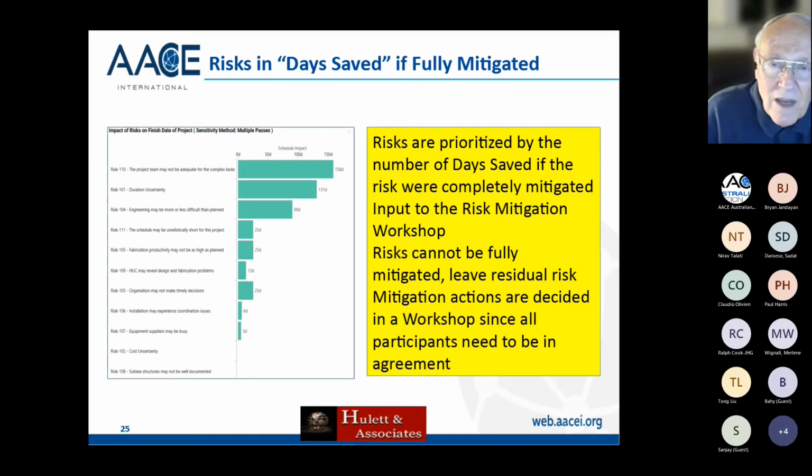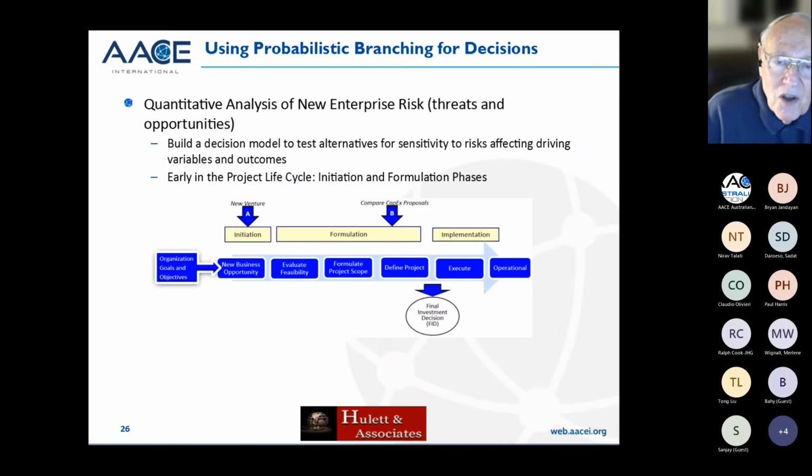And I've seen project teams that are very, very robust and are going to handle it just well. Okay, now the next thing I want to show you is a little bit of a different sort of thing. It is probabilistic branching, which you could do at level 4 and level 5. I guess you could do it at level 3 if you cared to. And this is the gestation period of a project up through initiation, formulation, and then finally implementation. And it's the final investment decision, FID, you see at implementation.